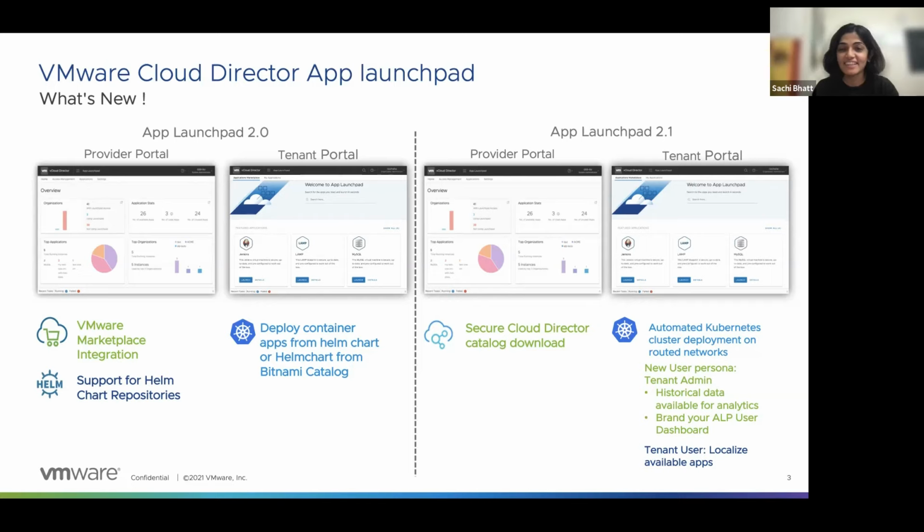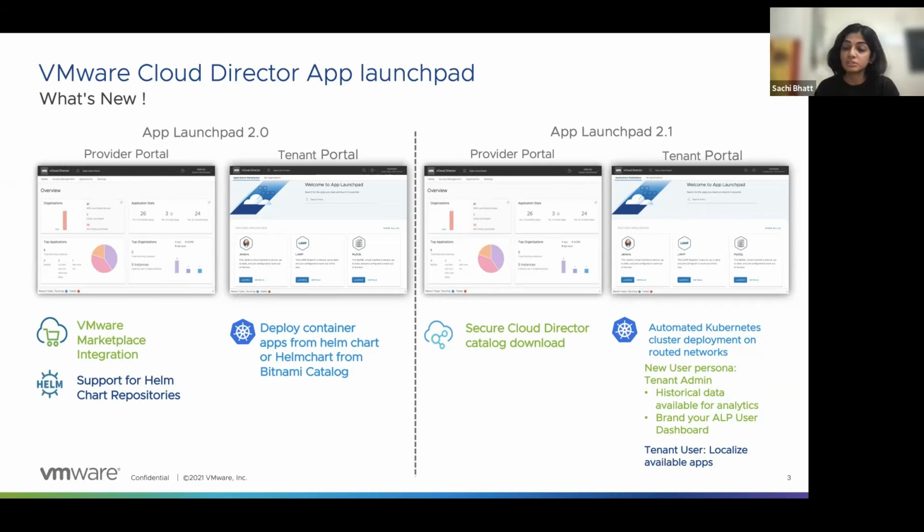Yes. And for the tenant admin, in the tenant portal, we have introduced, or I should say empowered, a tenant admin persona. They have a lot of added capabilities for looking at the usage of the applications running in the customer's portal through App Launchpad, as well as seeing what applications are deployed, and they can launch applications through their catalog as a tenant admin.